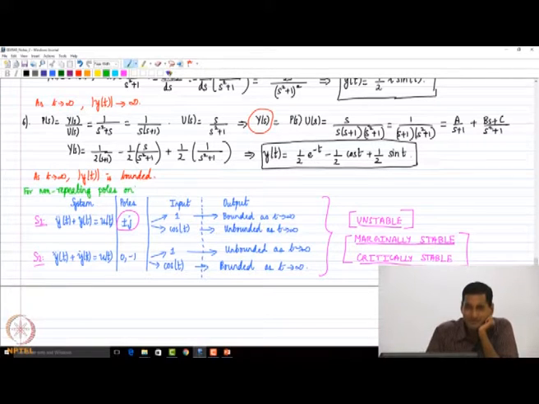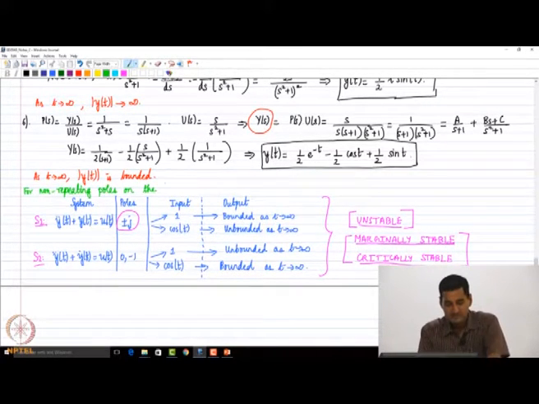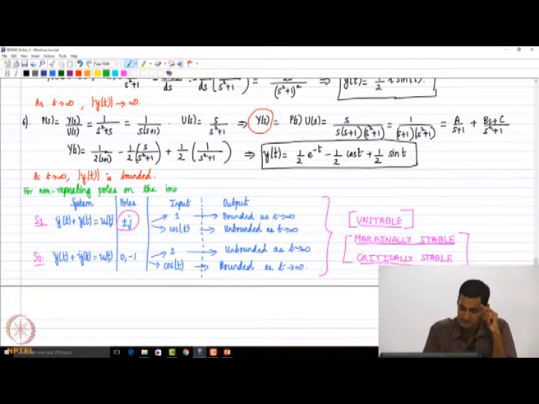If you have a non-repeating pole on the imaginary axis, this is going to happen. If you have a repeating pole on the imaginary axis, what do I mean? Let us say the system transfer function, for example,